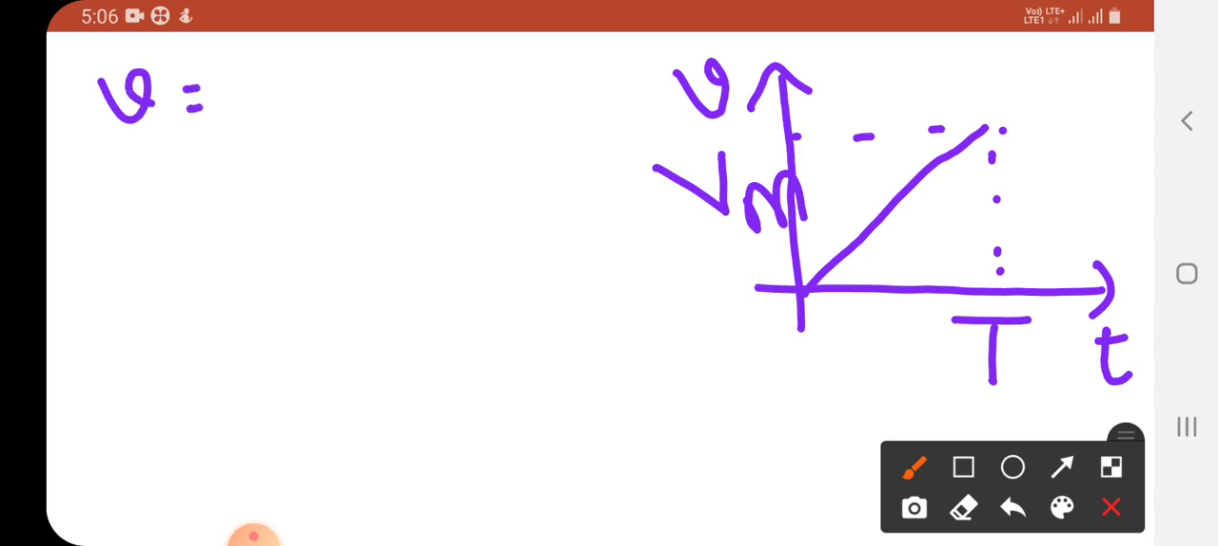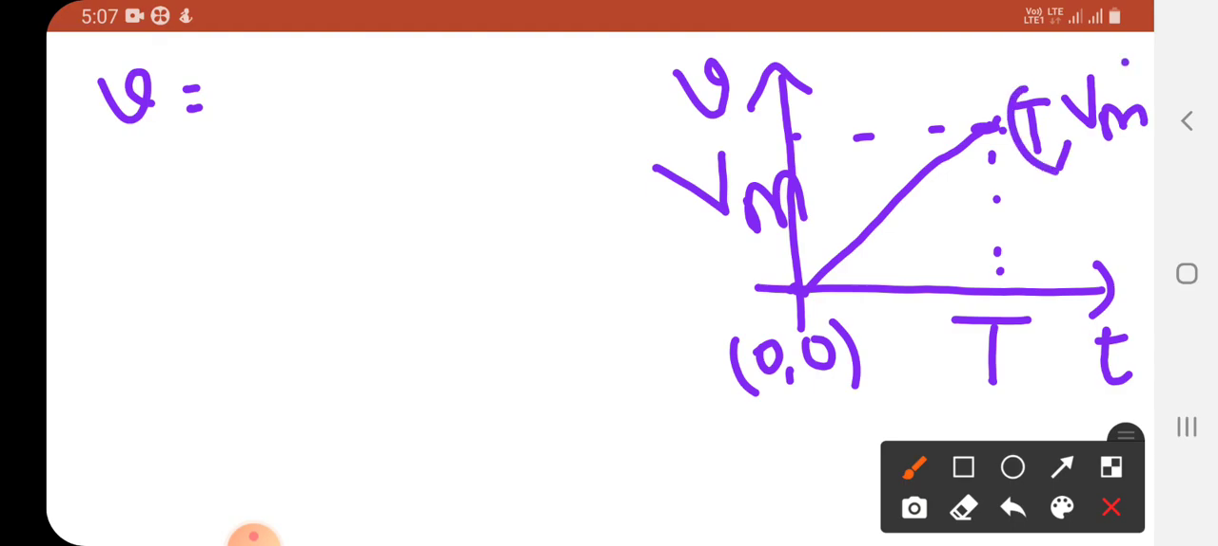This is the line which is passing. This is a linear line, a straight line passing through the origin. That means here this point is (0, 0) and here this point is (T, Vm). So now what is the equation for the straight line which is passing through the 2 points? Yes, we have the expression as